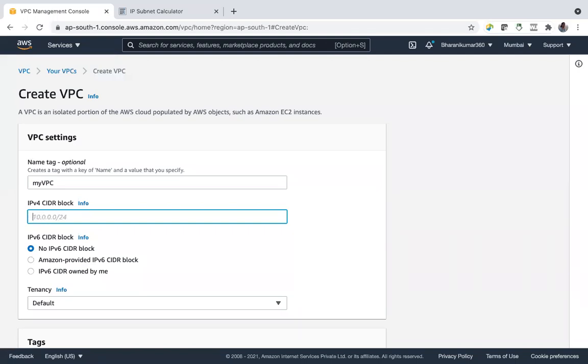So there is an example. They are saying to use 10.0.0.0/24. You can also go with that, but don't try with 172 because that CIDR range is close to your Mumbai default CIDR range. Just now we have seen that. You might get an overlapping error. So try with any other number. You can use 192, or you can go with this 10. You can try with different CIDR ranges. So here I am using 192,